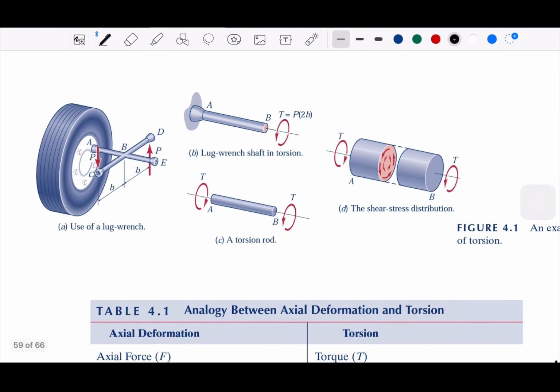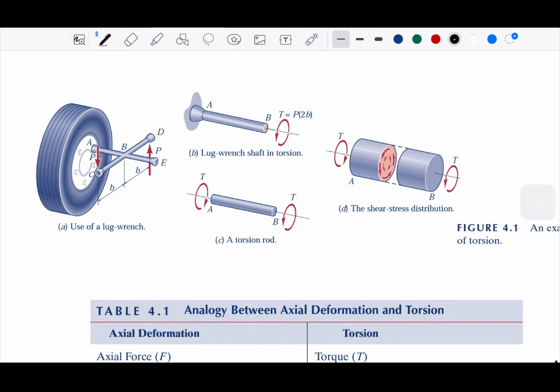So, torsion. We are going to focus on observing this. This is basically an example of how we could consider a torsion or torque. We consider the wrench when you are looking at the car, the tires on the car. When we put the wrench and try to rotate, basically we are giving some forces that go through this